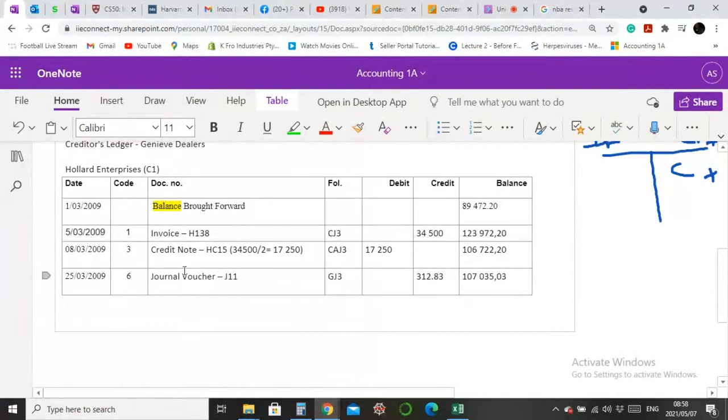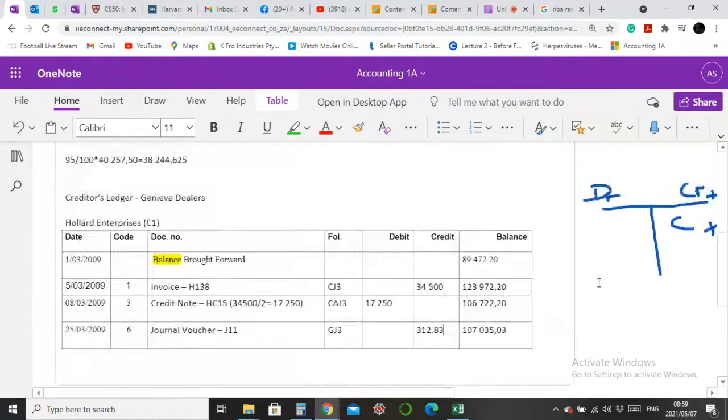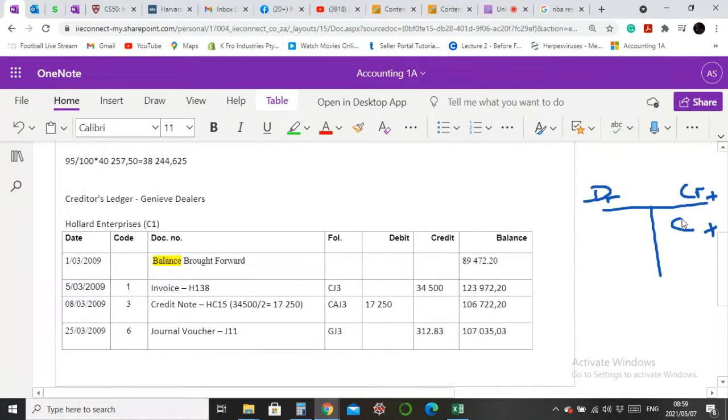They'd be charging us interest, and on top of that, they're charging us interest for an amount owing that we haven't paid. So if they're charging us interest, the balance that we owe them is going to increase. And we know that our creditors control increases on the credit side. That's why we are crediting this amount of